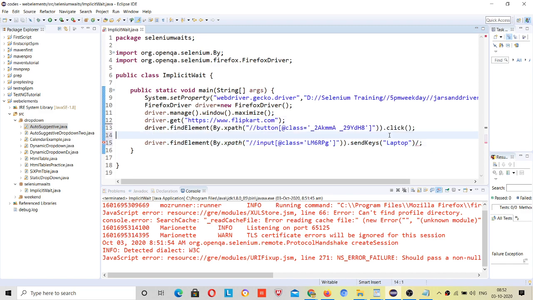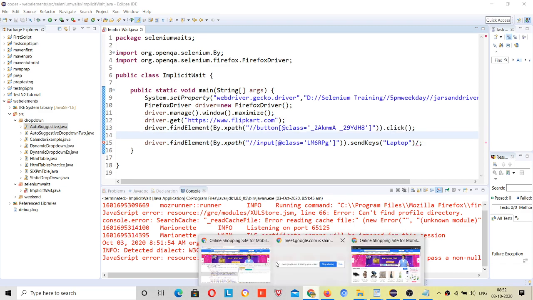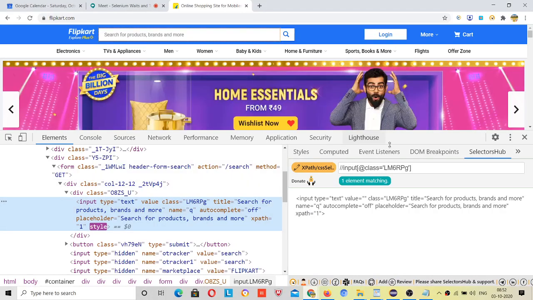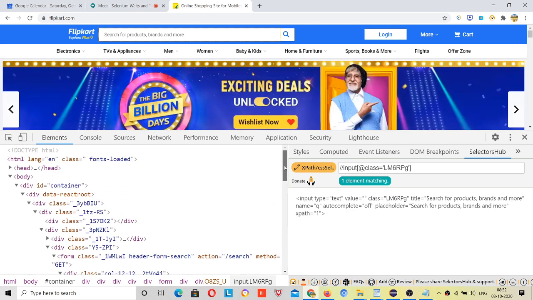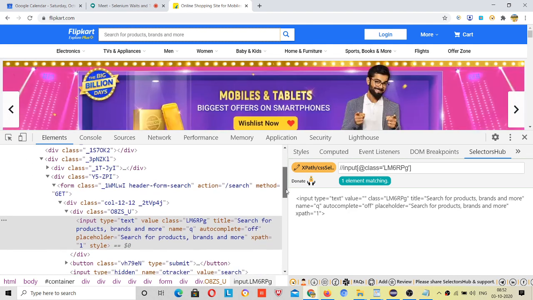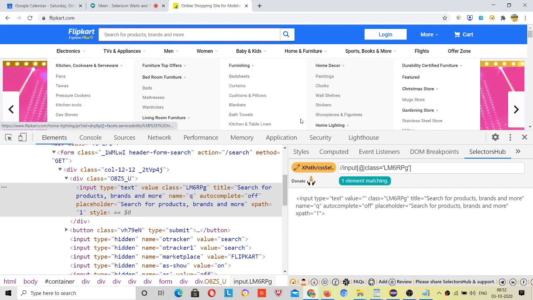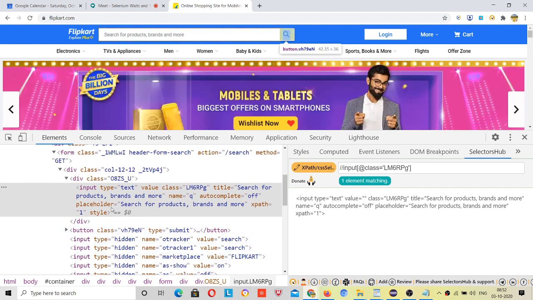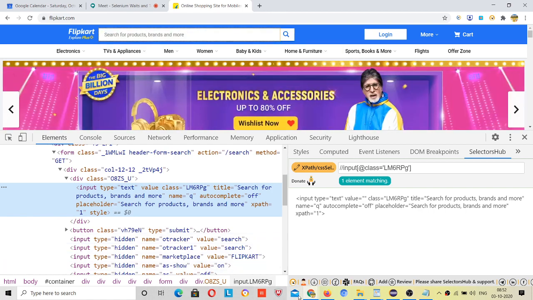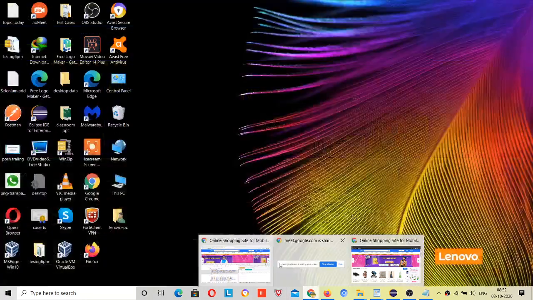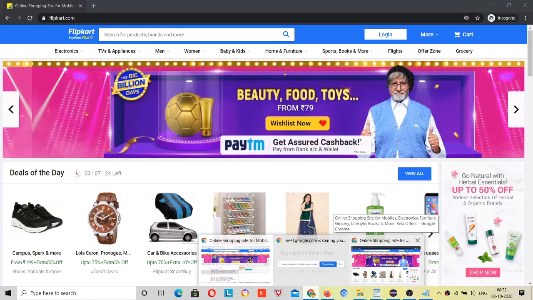Because tomorrow, although this is coming in your window as a pop-up, right? Somehow they have used in their server code that it should appear once you come to this website, right? First time, because this driver doesn't contain the incognito mode.